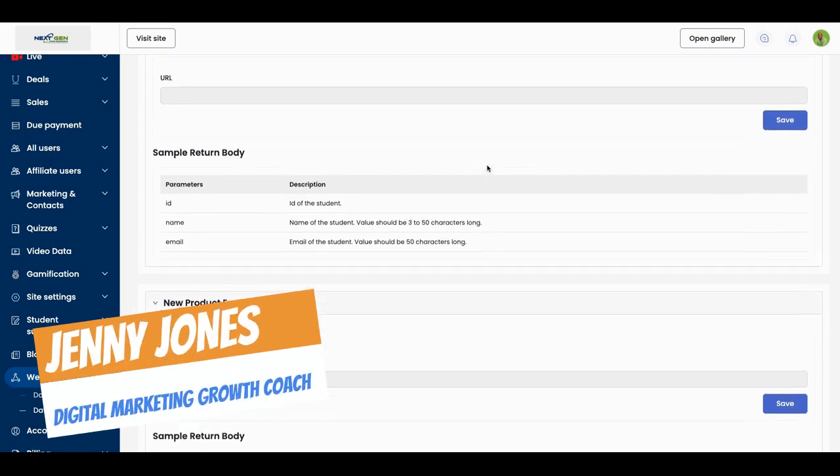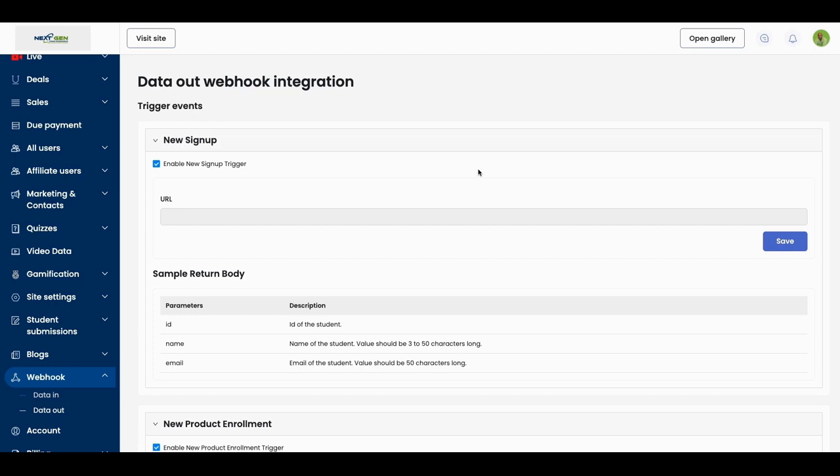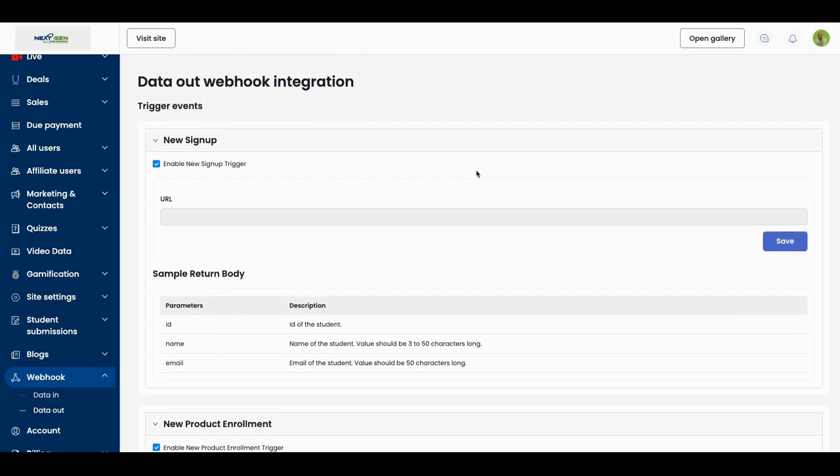All right, so listen, what I want to show you is how to do a webhook. I want to show you in short order. I don't want to spend a whole lot of time with you. I just want to make this very, very plain and very simple. Now, what happens is when you get into the back end of your easy course, academy and or program